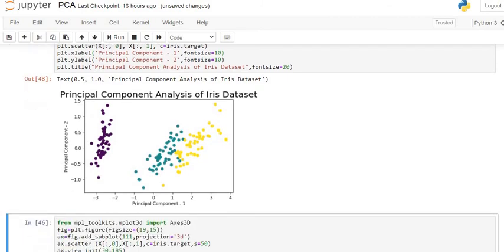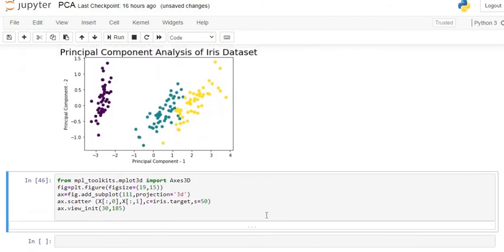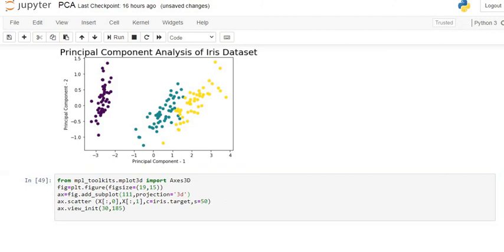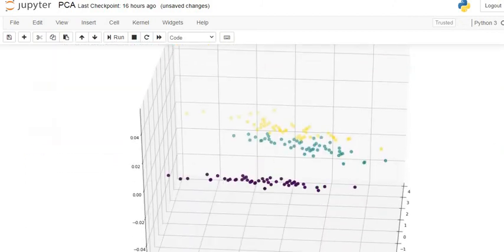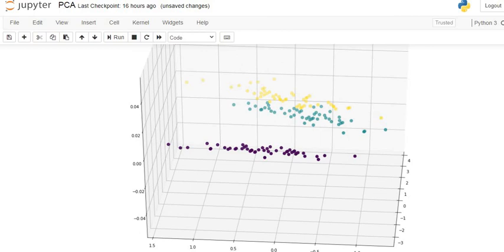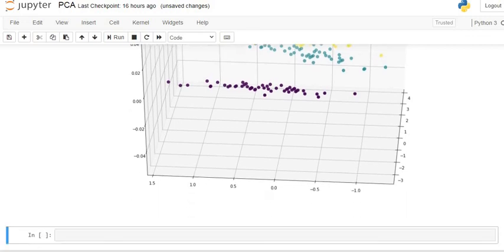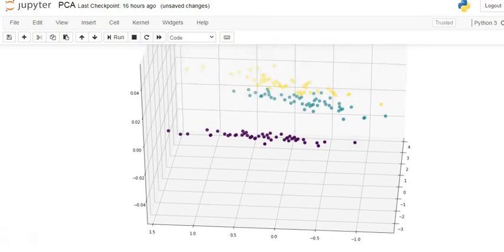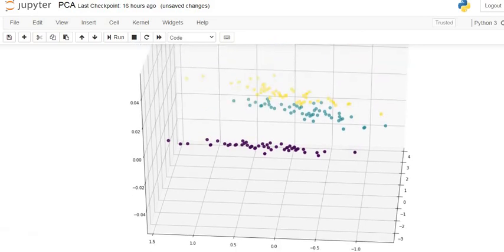After that we go for the 3D visualization of our principal components. This is the required code for obtaining the 3D visualization of our principal components. Let's see how it looks. This is the 3D visualization of our data set after performing principal component analysis using the sklearn library. So this is the Setosa class, this is Versicolor, this is Virginica. These are the required steps for principal component analysis, that is, the principal components, our new data set.